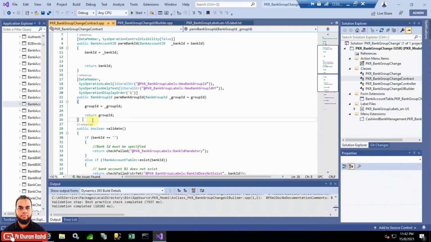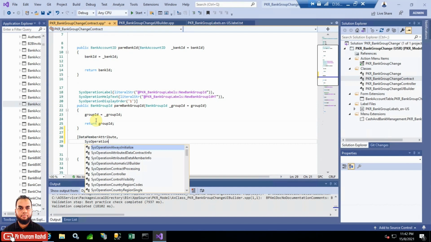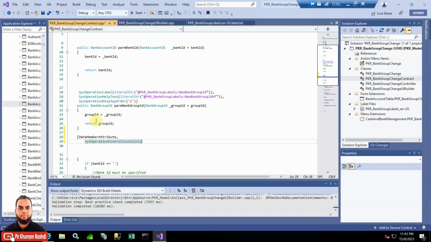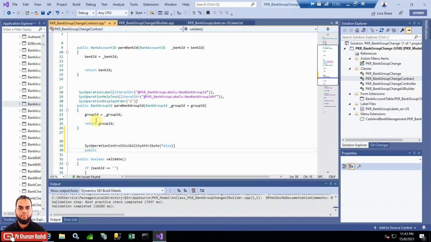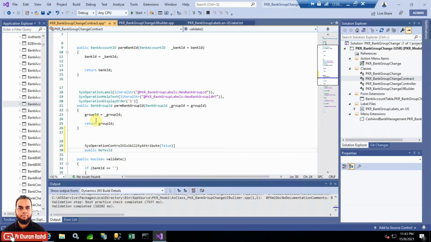So after this we can just add a decorator, DataMemberAttribute and then SysOperationControlVisibilityAttribute, make it false, and now declare the method which is public NoYesId, and make it like showBankAccountID,